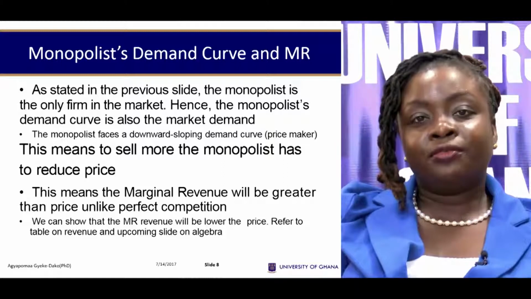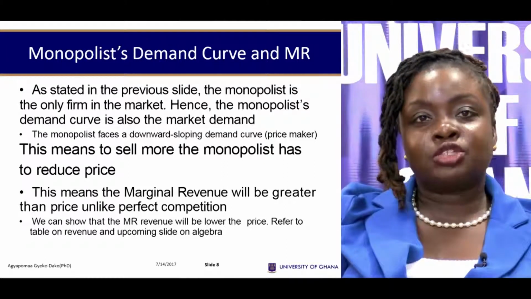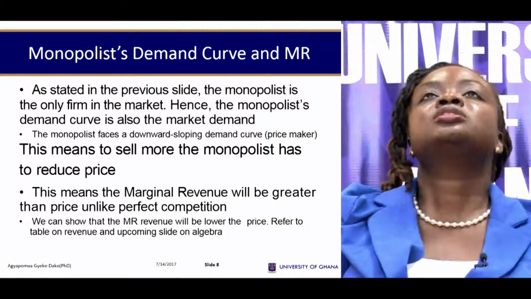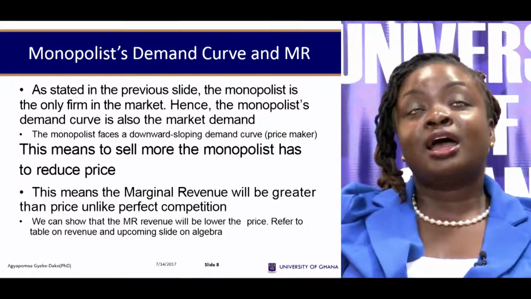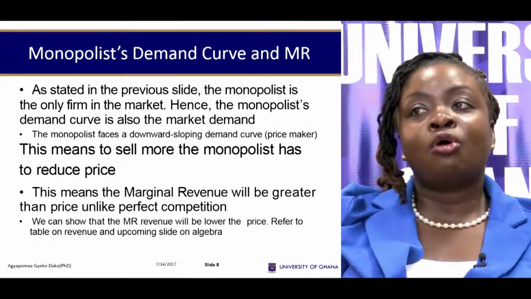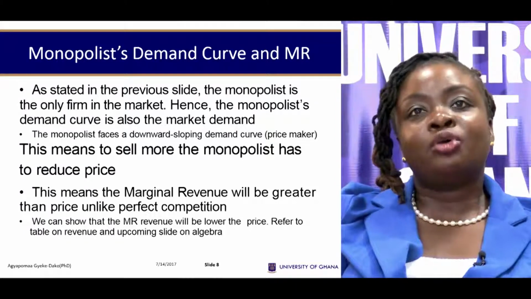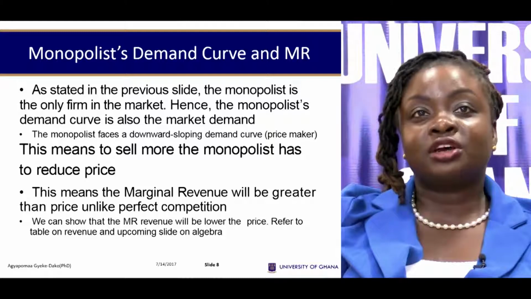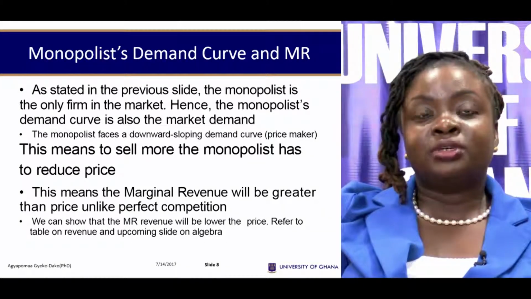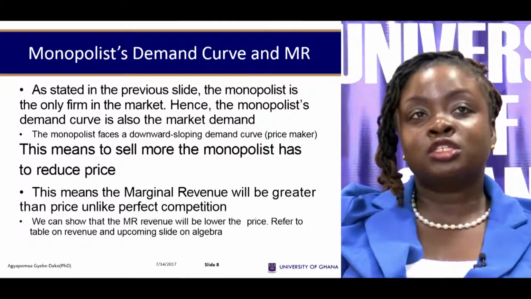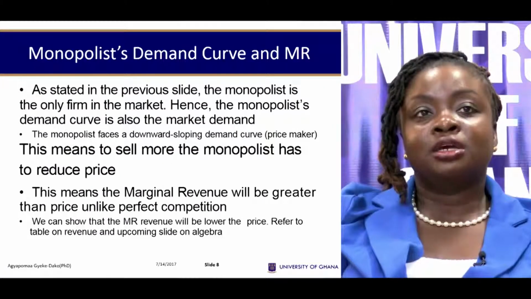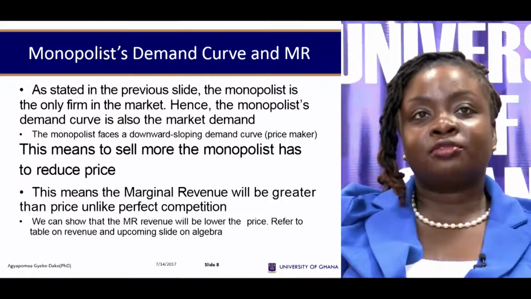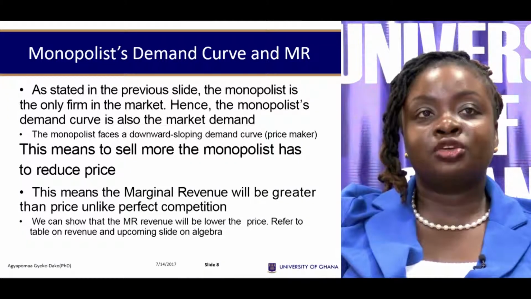We've seen in the previous sessions that for price makers, we have a downward sloping average revenue, or demand curve, or price curve. And then we also have a downward sloping marginal revenue curve. And we see that the price would always be greater than the marginal revenue. We would find the price curve being above the marginal revenue curve, even though both of them are downward sloping.